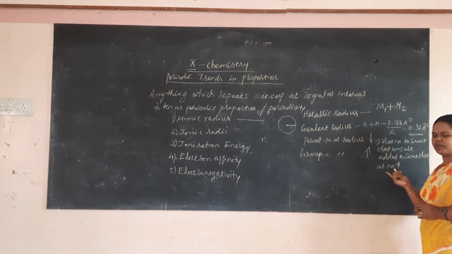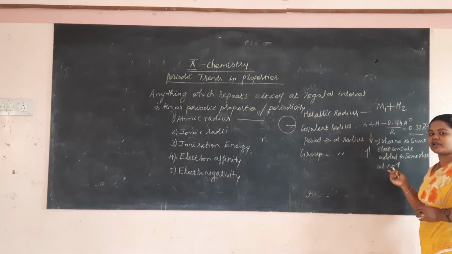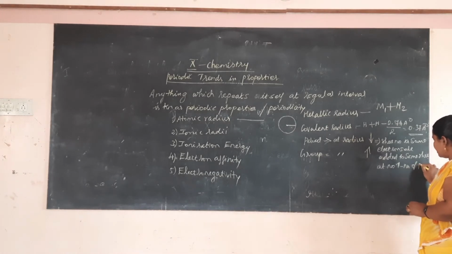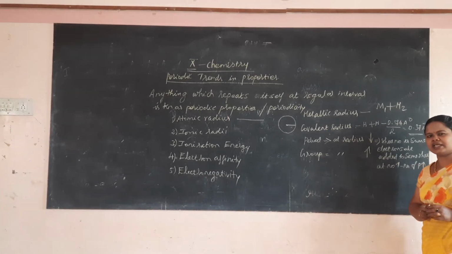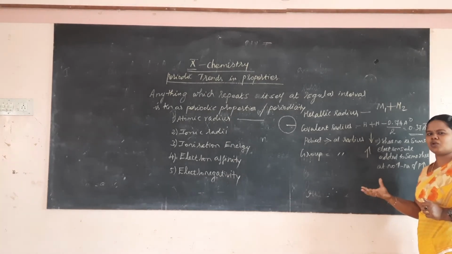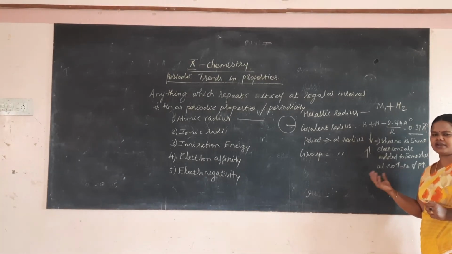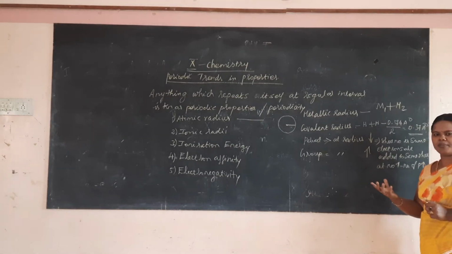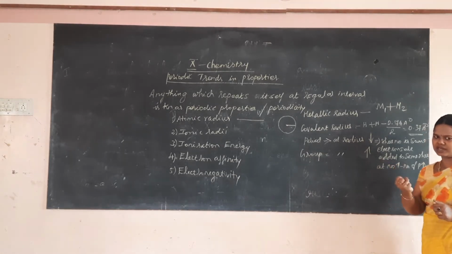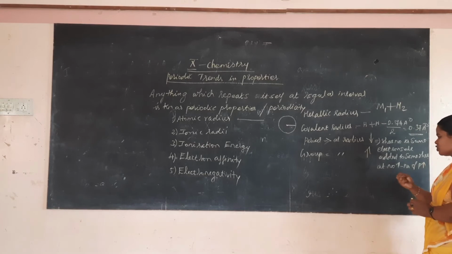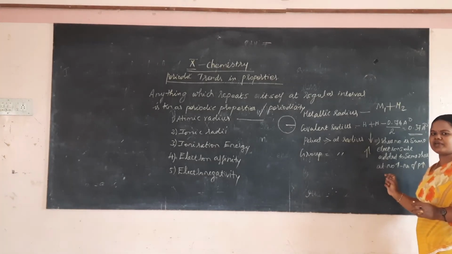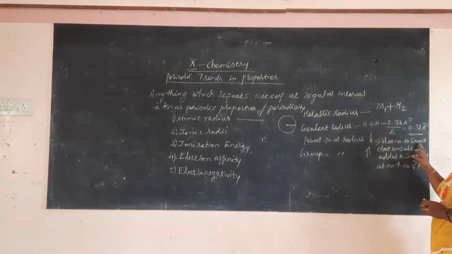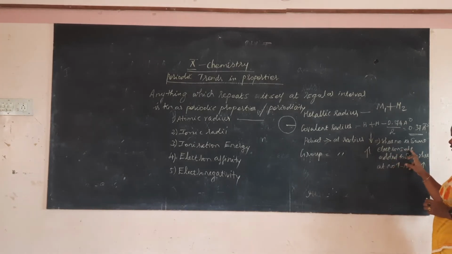The atomic number is nothing but the number of protons and the number of electrons. So as the atomic number increases, the number of protons increases. When the number of protons increases, the positive charge will pull the electrons towards itself, since the electron is negatively charged. Naturally, what will happen when the positive charge pulls the electrons towards itself? The size of the atom will shrink. So it causes a reduction in the size of the atom in a period. Again, I tell you, in a period the atomic radius decreases. Why? The shell number is the same, because the electrons are added to the same shell.